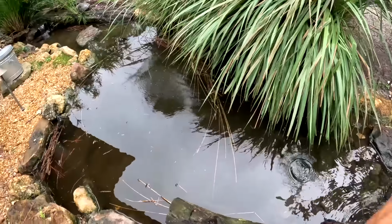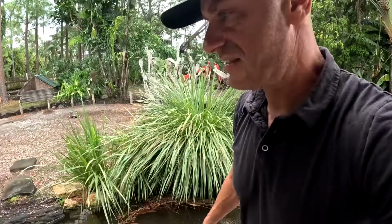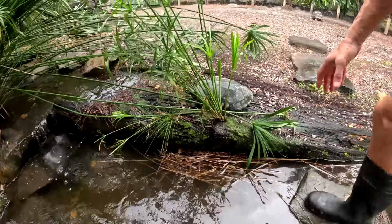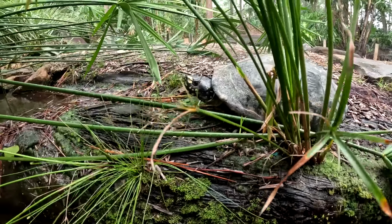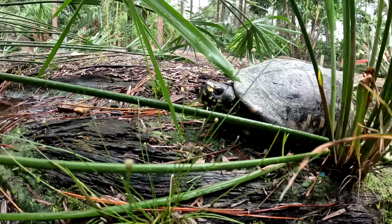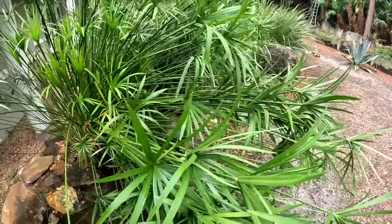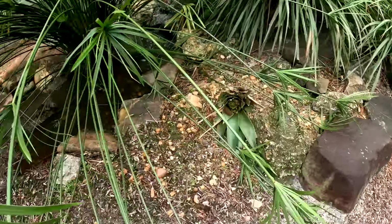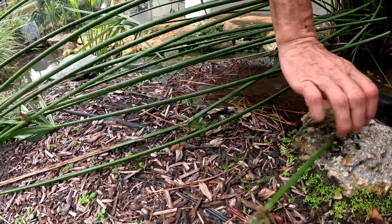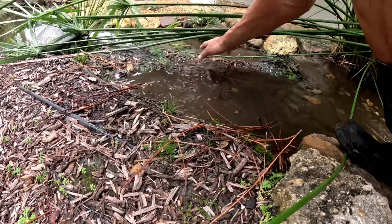And then you notice the bubbles have stopped, and then of course it'll wind up getting clearer as it gets sucked into this beautiful biofalls. Very nice. I have to reach in and grab out some of this as well, but you guys have a look at this one. How cool. These turtles are aquatic, but they love to come out and wander around on land, which is amazing. So you can see all these have blown down from the storm. I'll probably have to do a trimming of these, but the other thing I'm noticing is we've got all these pine needles in here. So we're gonna pull these out,